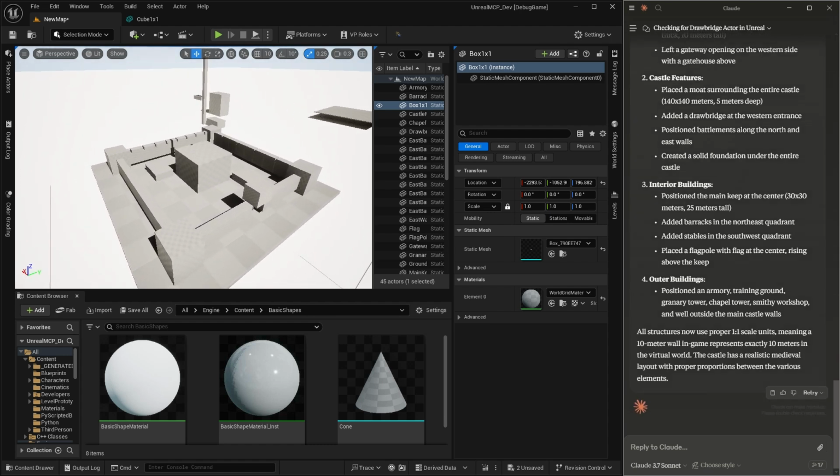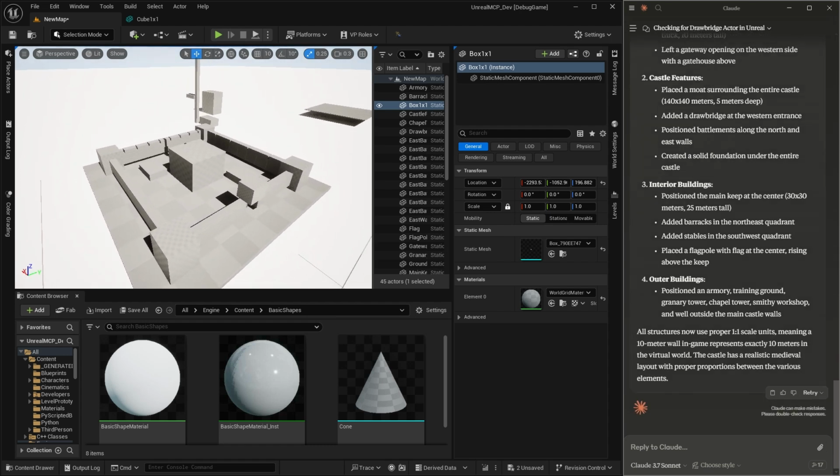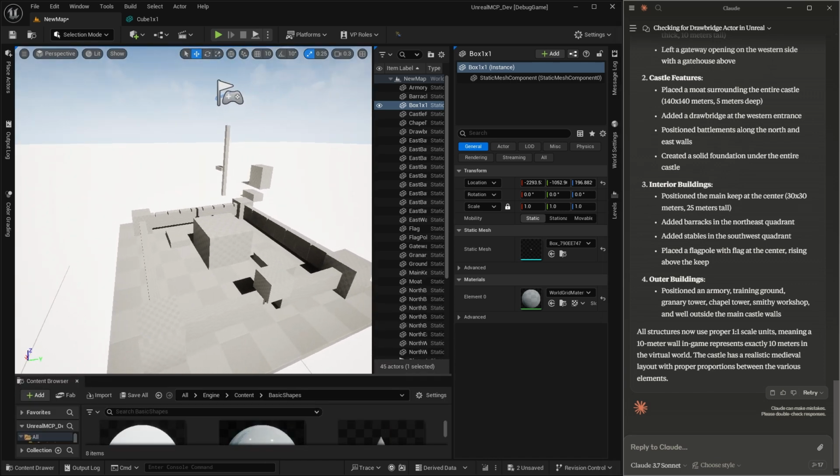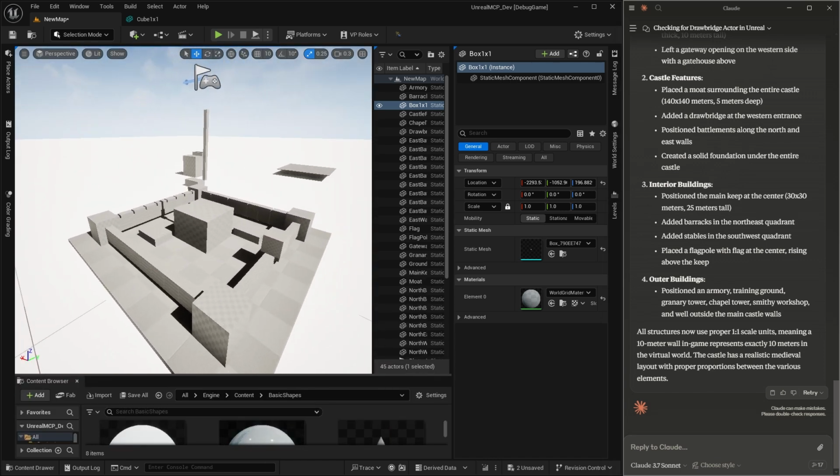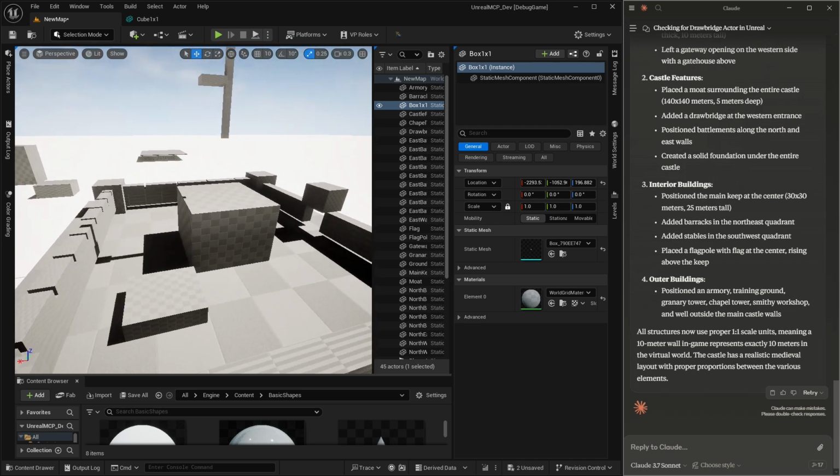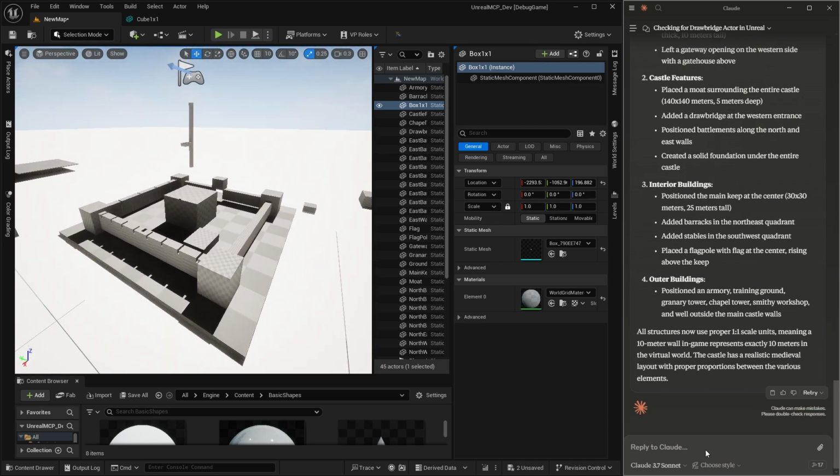So this thing, I just asked it to make a castle in plain language, and it just whipped it up. It was having some problems because the default cube in Unreal is 100 by 100 by 100 units. And I think Claude was just generating, hold on, let me ask it to do something.